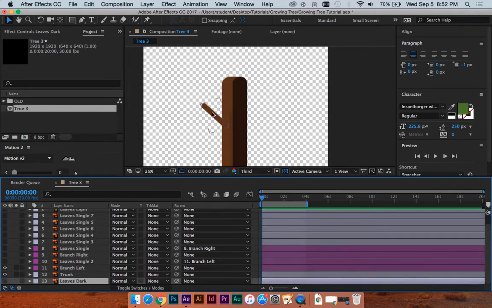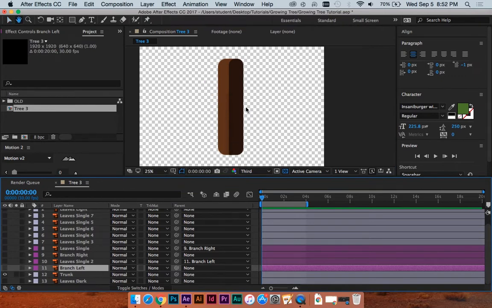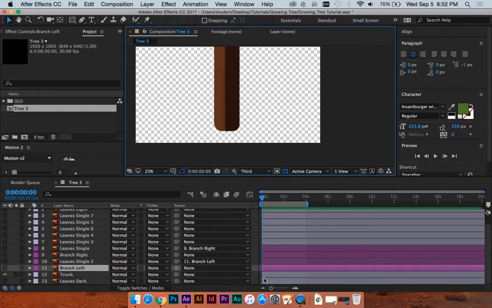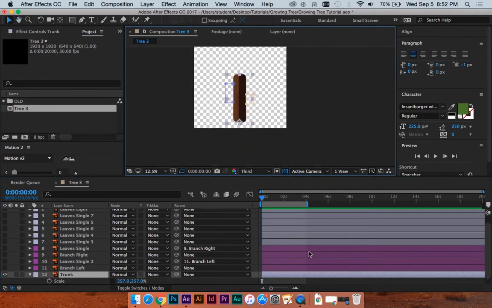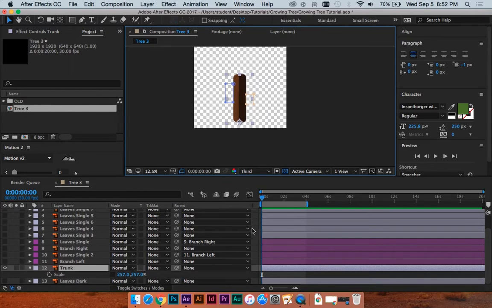All of them, I said. And the branches. And just start with the trunk. Okay, and so I'm gonna go to him. And I'm gonna hit S for scale. And I think that's actually the only thing I'm gonna be working with today. So I'm going to, I'll move forward,